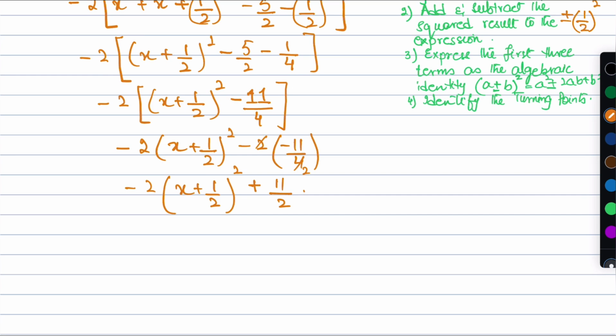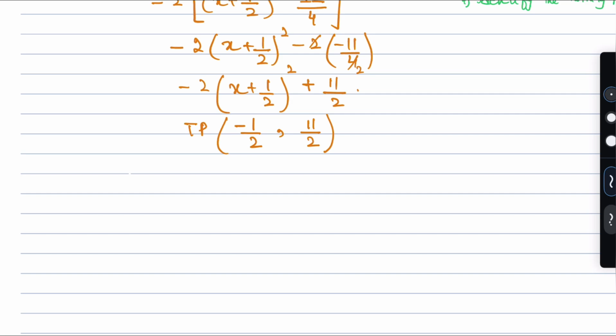From here, I can also get the turning point. The turning point here is going to be x plus 1 by 2 equated to 0, that will give me negative 1 by 2 as the x coordinate of the turning point, and also it should be 11 by 2 as the y coordinate here. Now to sketch the curve,